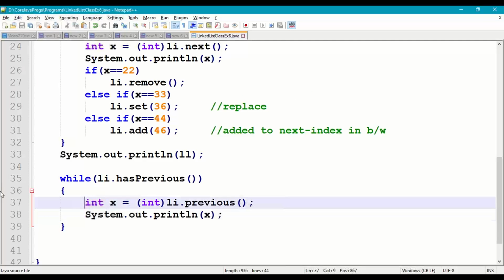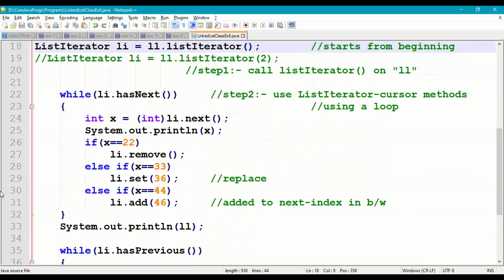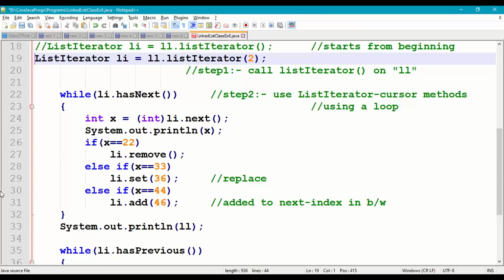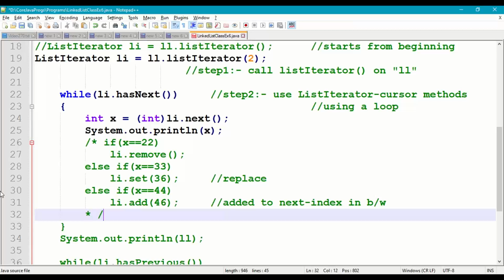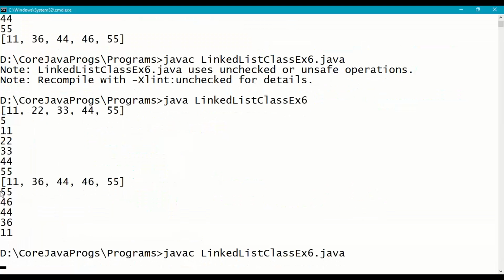Right. So now we can also apply the listIterator cursor at a particular index position. Okay, right. So for example, I want to apply this at a particular index position 2. So it will start from 2, 3, 4. So let us check it out for this. Okay, so here we will comment the remove, set, add methods. Okay, right, so save it. So recompile